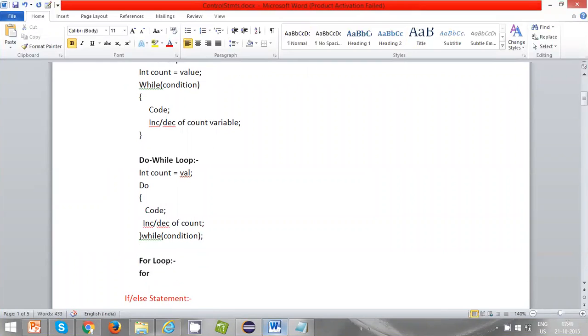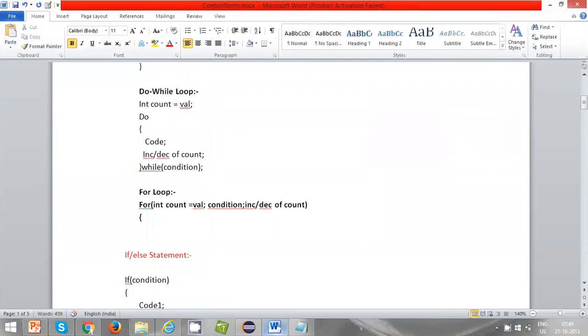So for int I equal to, condition, plus plus, so increment or decrement of count, and code. Okay. So the only difference between do while and for loop is that, in the for loop, okay,